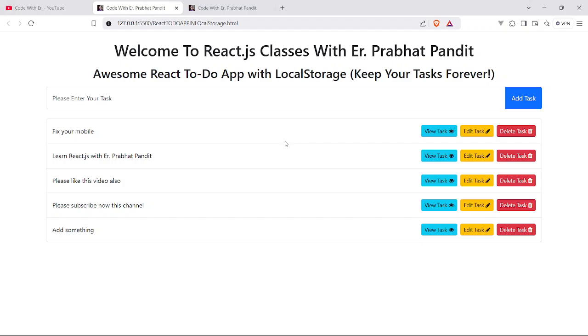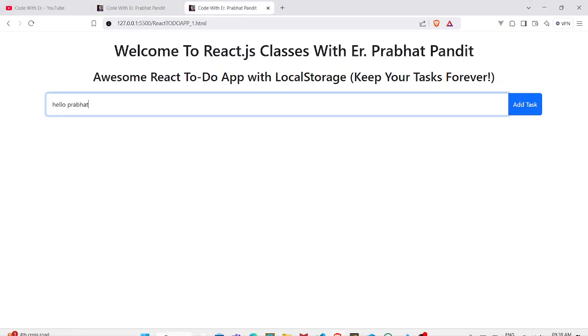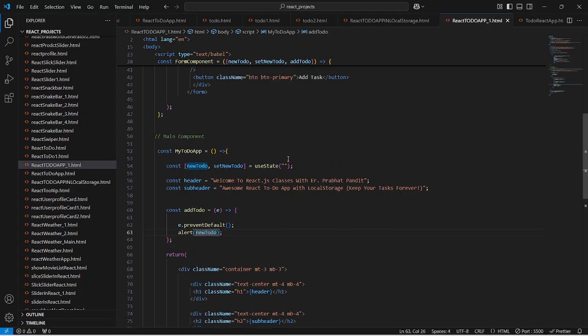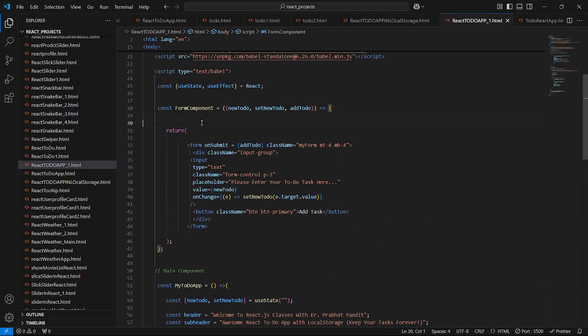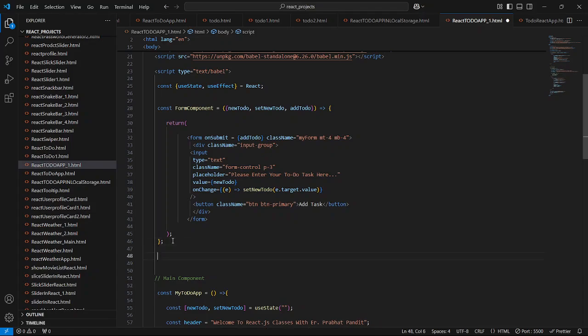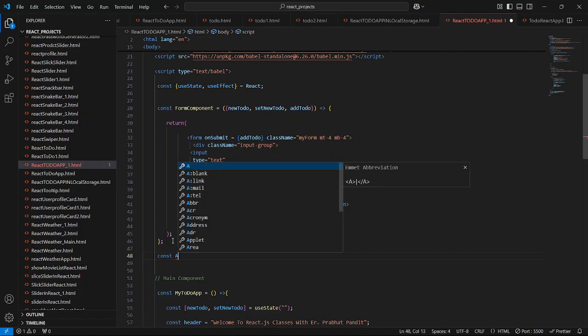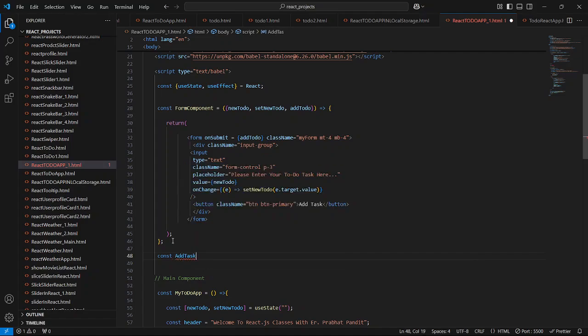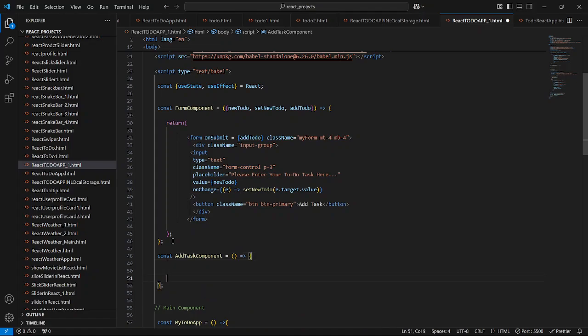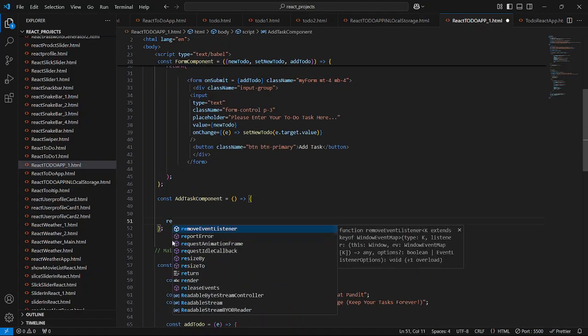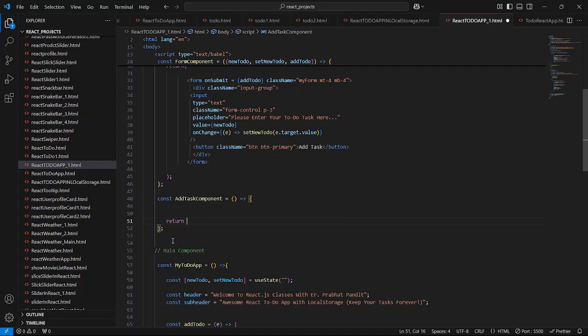So now we are going to create another component, which is this task component. So come to the code now, and I'm going to create another custom component. Below this I'm going to say const add task component, give equal to, and I'm going to use the filter function again. I like to use the filter function only. So close this, I'm sorry. It is going to return all the things also. So return,